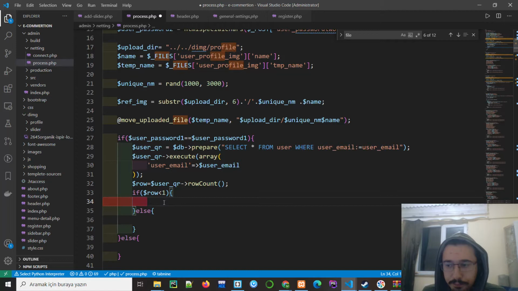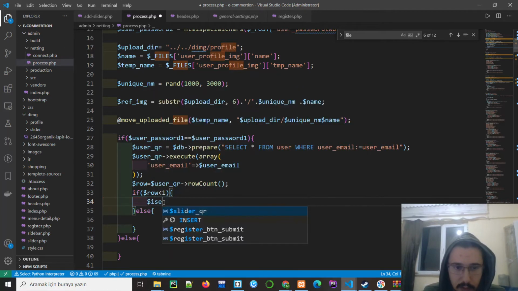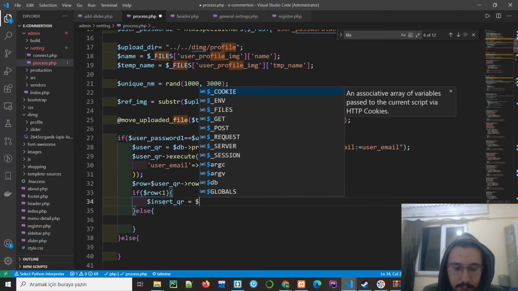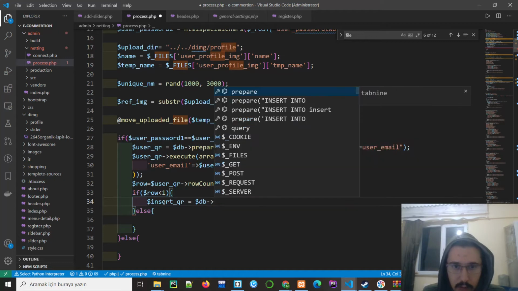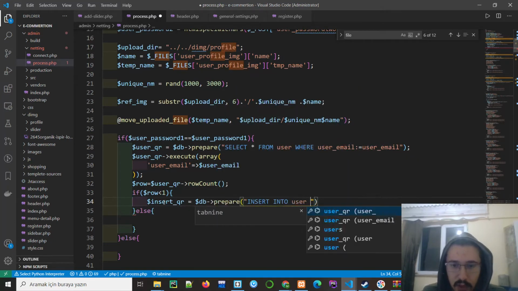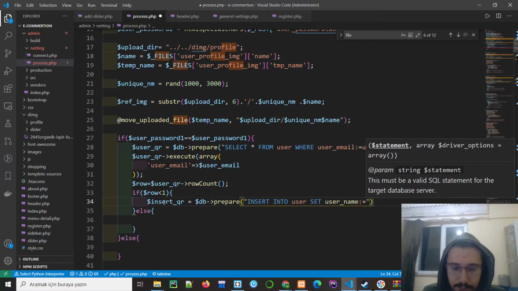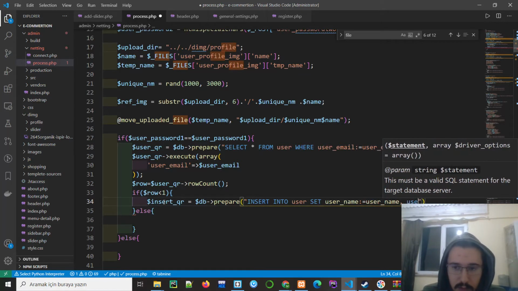Let's create a query for this purpose. Insert query will equal to db prepare insert into user table, set user name equal to username, then user name and surname,